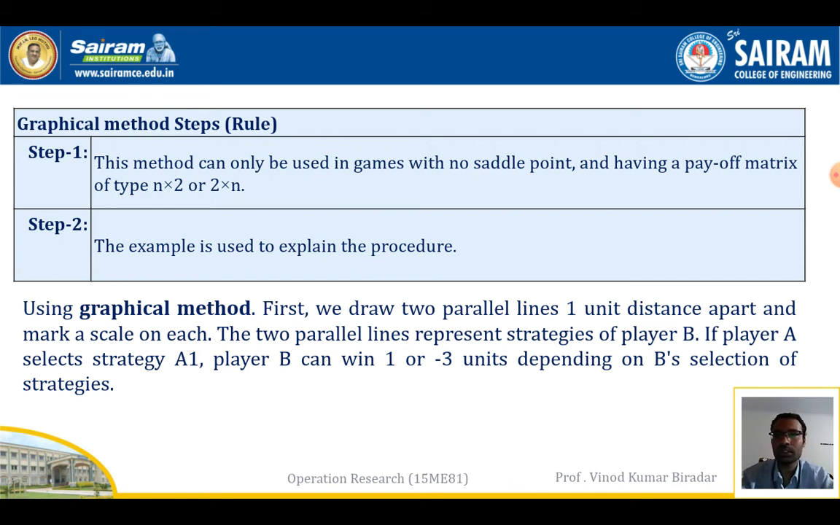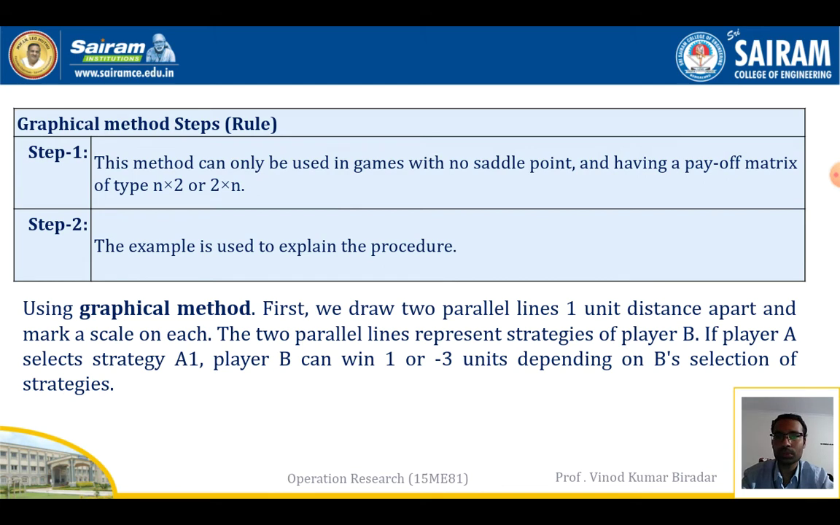What are the steps we have to take to solve this problem with the graphical method? Step number one: this method can only be used in games with no saddle point, and having a payoff matrix of type n into 2 or 2 into n. A payoff matrix which does not have any saddle point can be solved by the graphical method, using an n into 2 matrix or a 2 into n matrix,